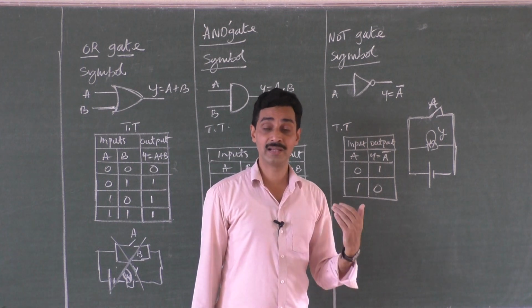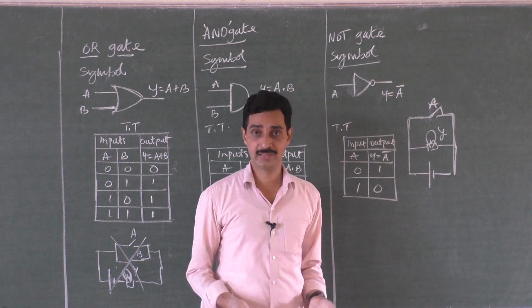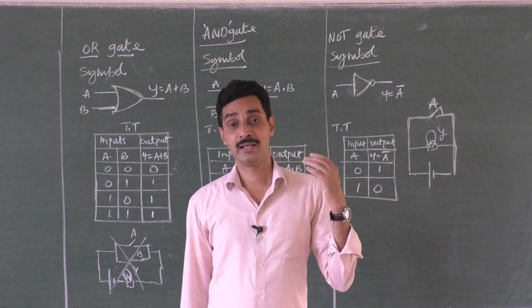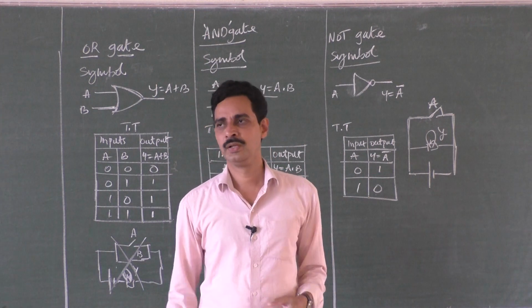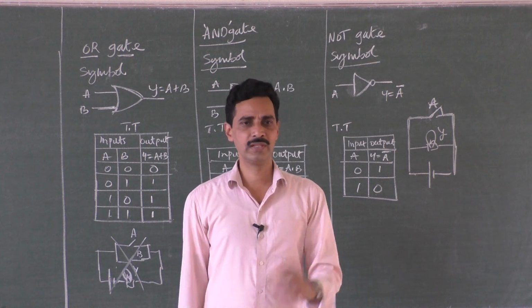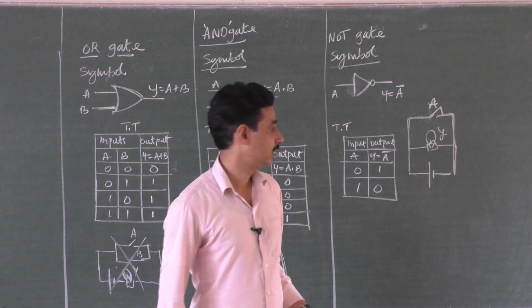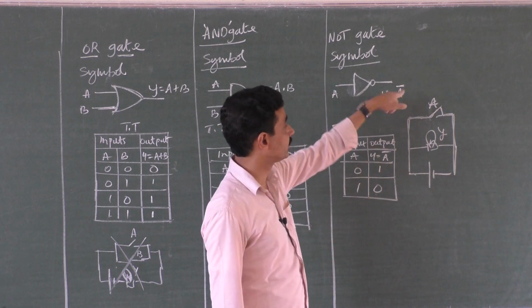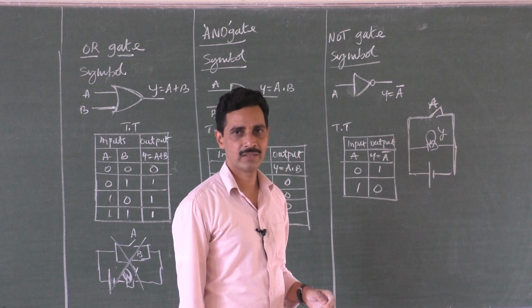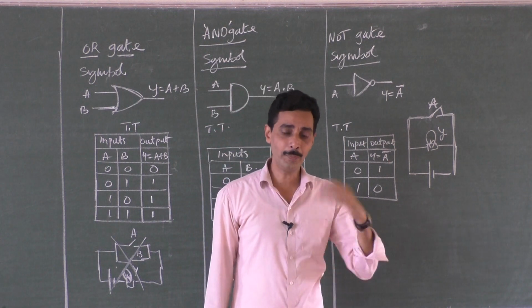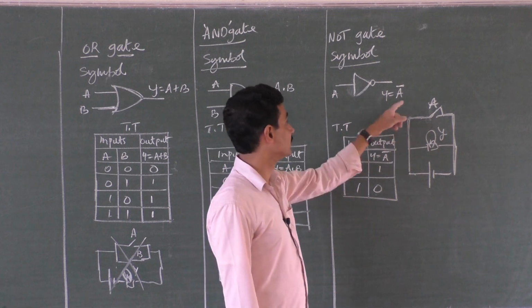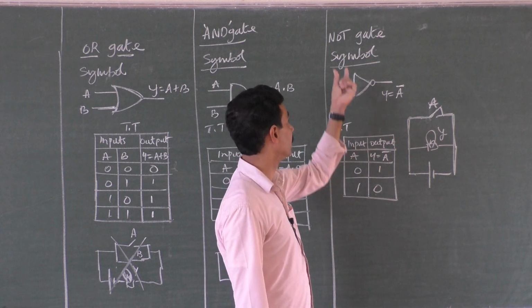Actually, a transistor, a three-terminal device, is a semiconductor. In the last class, I was talking about that. A transistor acts like a NOT gate. If you give the input, output is 0. If you don't give the input, output is 1. So it is a logic circuit whose output is the complement of the input. NOT gate is a logic circuit whose output is the complement of the input. That is the reverse of the input, and the output is not the input. That is why the name NOT gate.